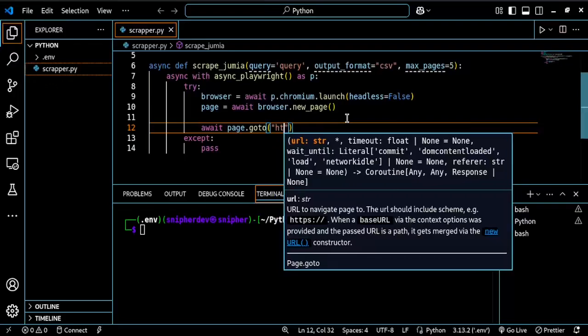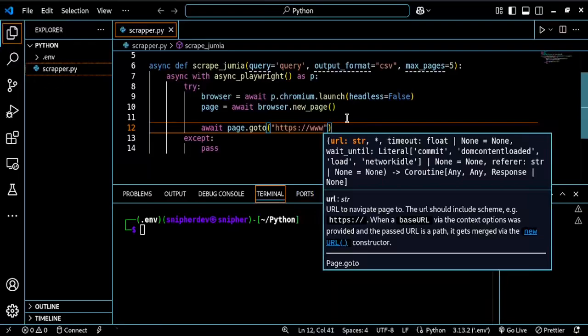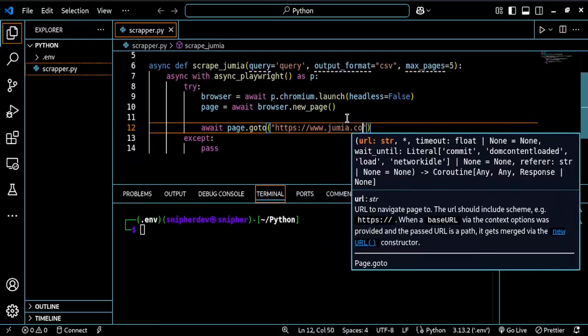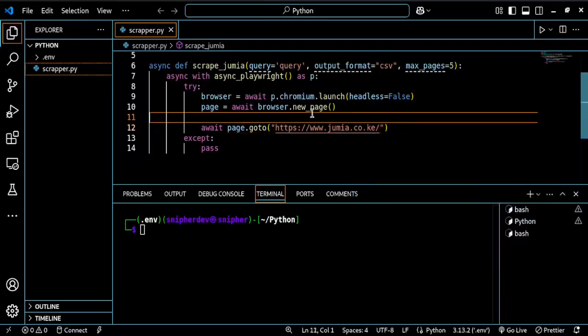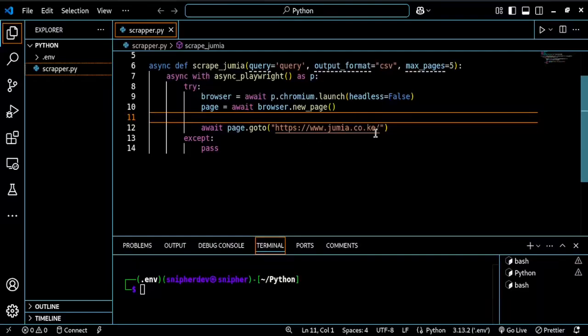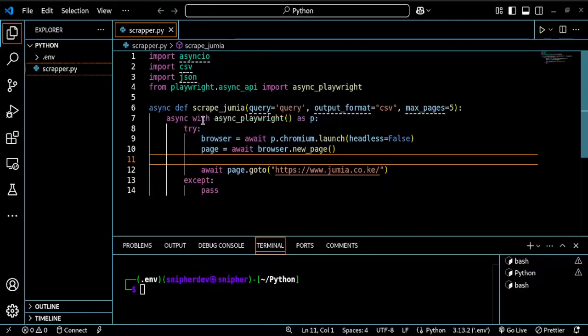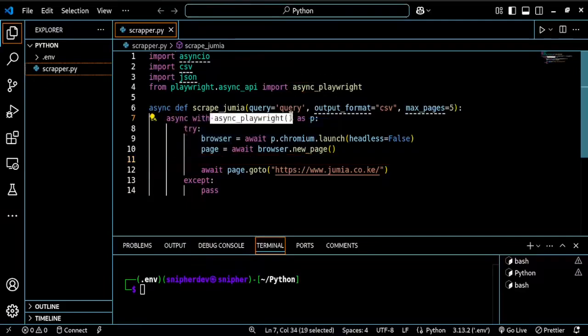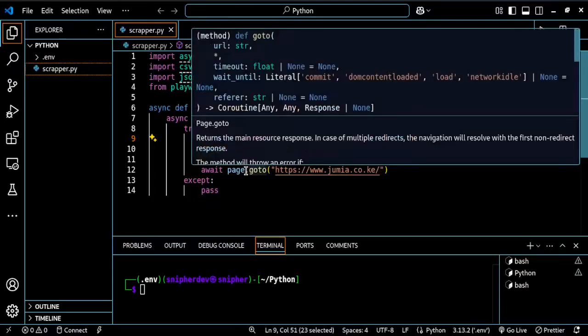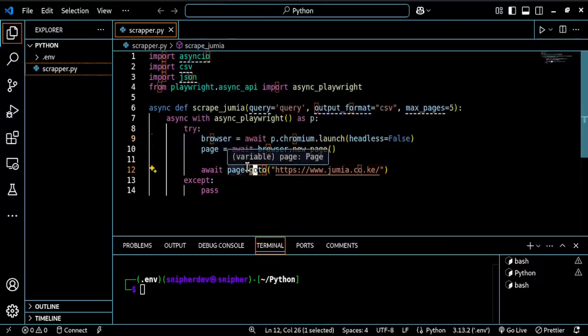So https://www.jumia.co.ke. Okay, so this is the website that we want to scrape. So we want to open this. Basically what we have done here: this async_playwright function will help us start Playwright, and then we have p.chromium.launch with headless false. This launches a visible browser for debugging, and then we are using this goto function to